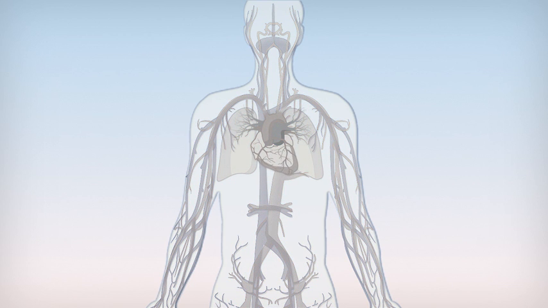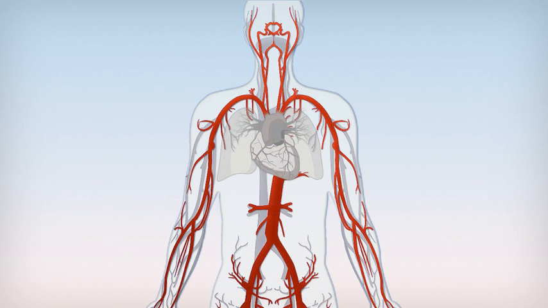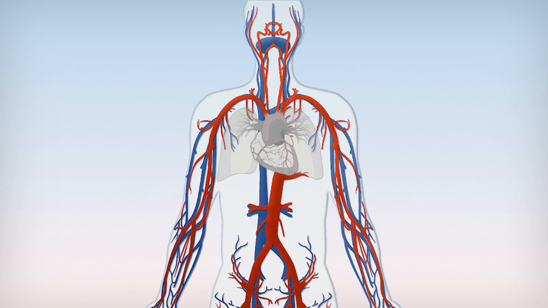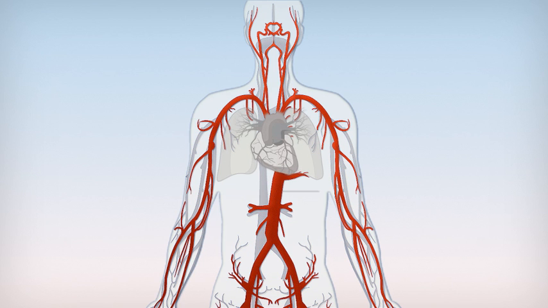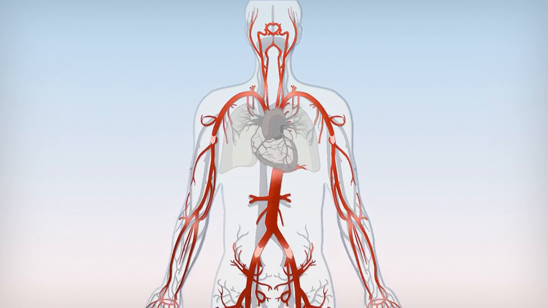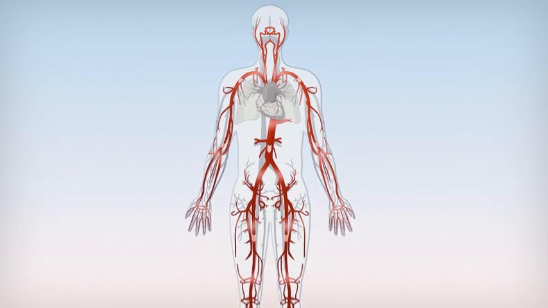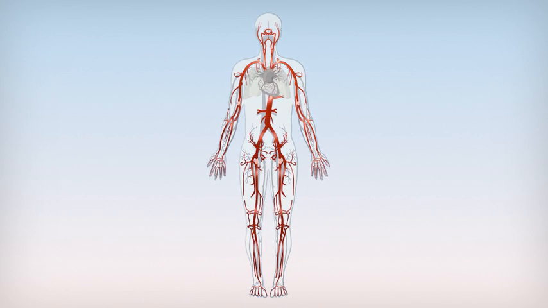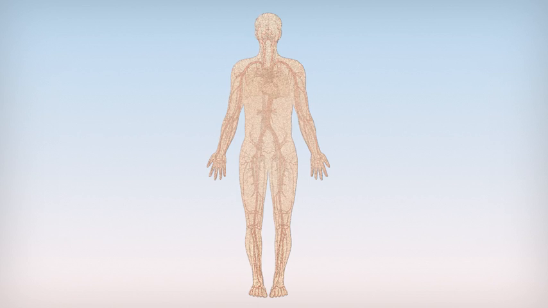The blood vessels consist of so-called arteries and veins. The arteries, shown here in red, transport the blood that has been enriched with oxygen in the lungs from the heart into the body to the organs and muscles. The oxygen and nutrients are delivered to the organs and muscles from the blood, and waste products are absorbed by